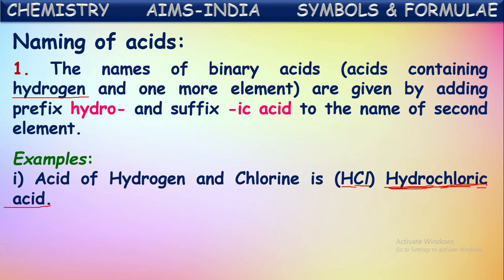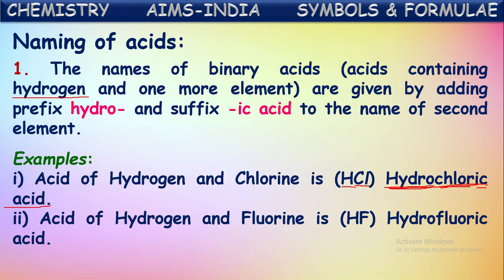Okay. Now let us see one more acid in the same way. HF, the acid formed between two nonmetals, hydrogen and fluorine. It is named first with hydro at the start and next the non-metallic element's name, fluoro or fluorine. At the end of the non-metallic element's name, fluorine, ic acid is added. Now it became hydrofluoric acid. If we say it in combination, hydrofluoric acid. Okay, in this way, binary acids are named.